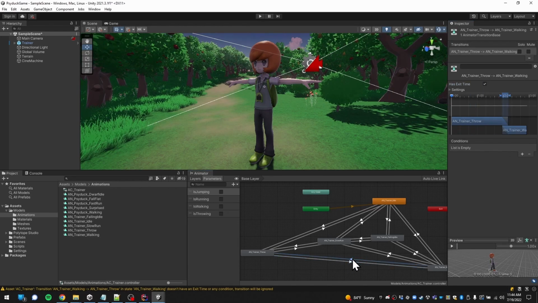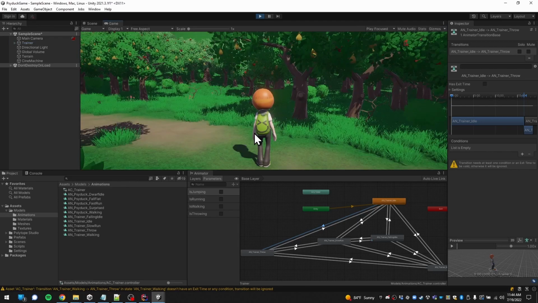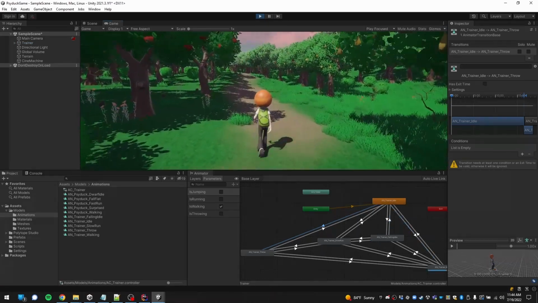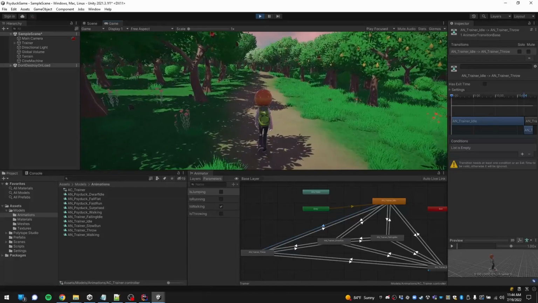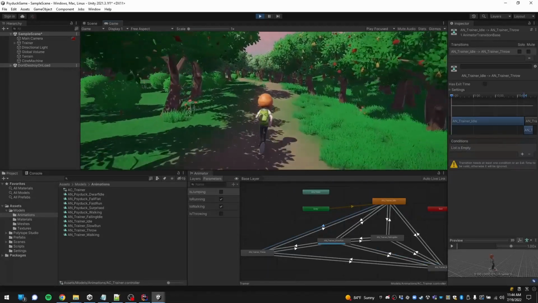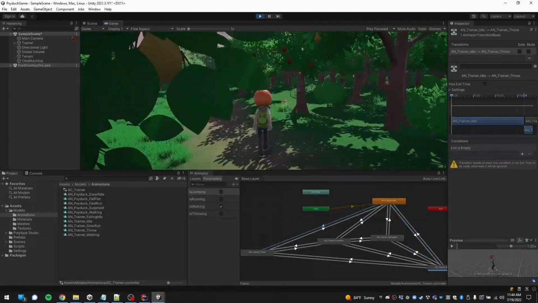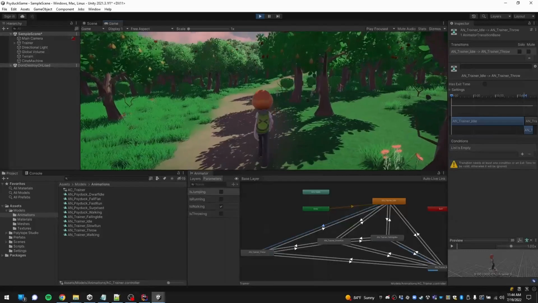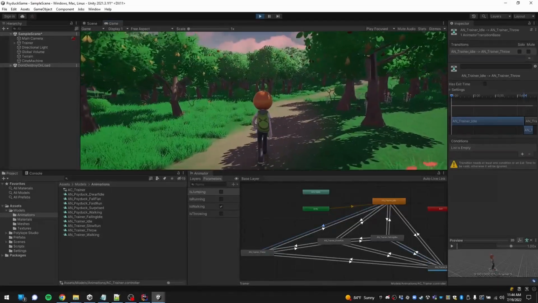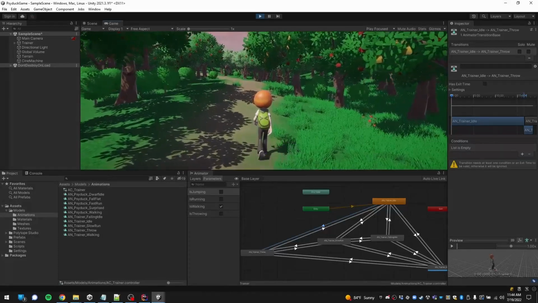So exit times for anything going into throw needs to be off, because otherwise you're going to see what we just saw. And let's see if our code is working now. Hopefully it does. So we're walking, everything looking normal. Oh, the animations seem to be working correctly too. Running, jumping, jumping. Yeah, I mean, I'm not seeing anything weird now. We're not getting into throw, but as soon as I click my left mouse button,